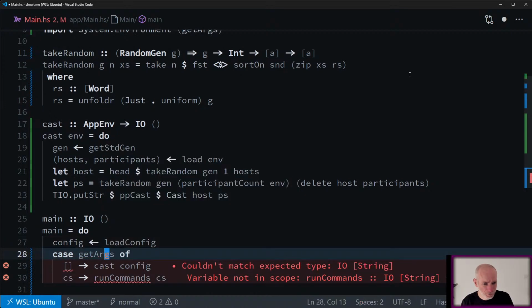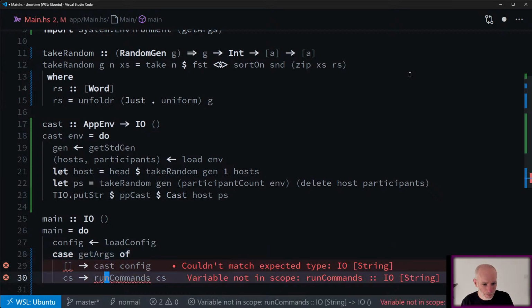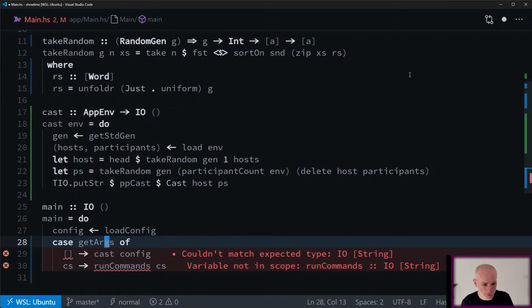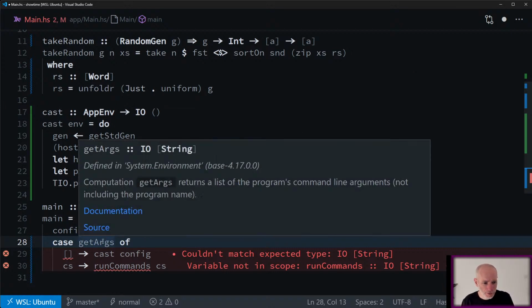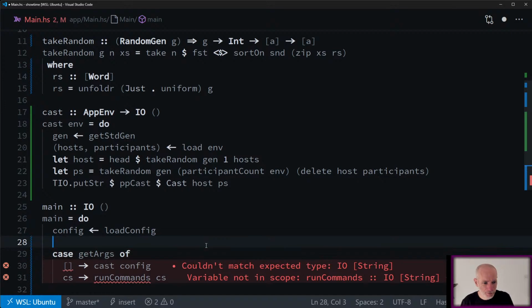Environment getArgs. That's what I want. Okay, getArgs. Oh, we're under IO, so we want to say actually,